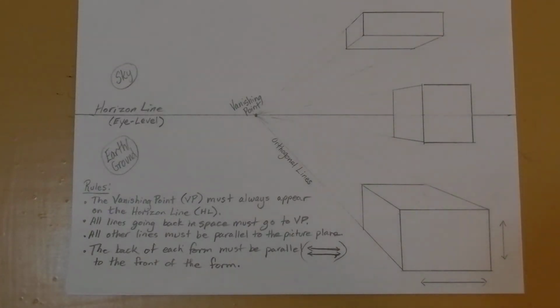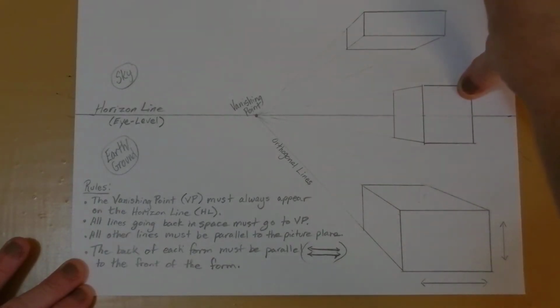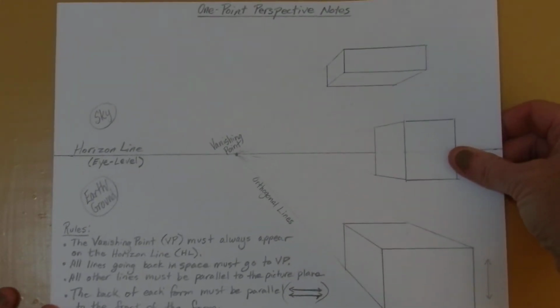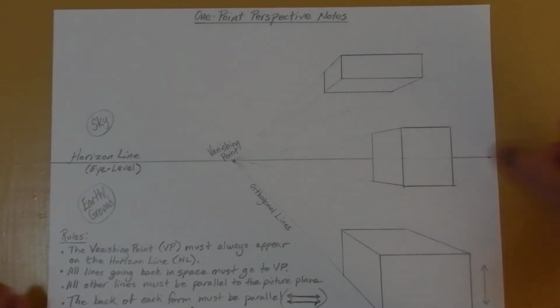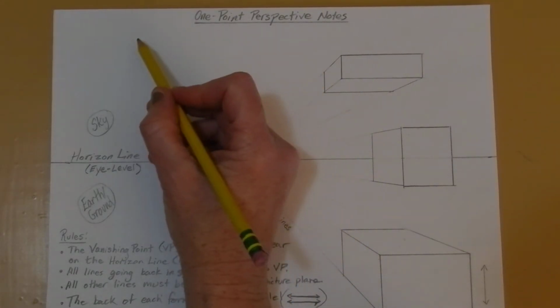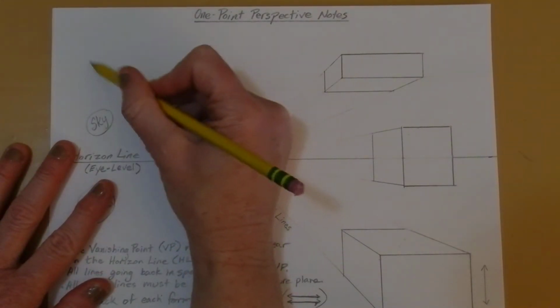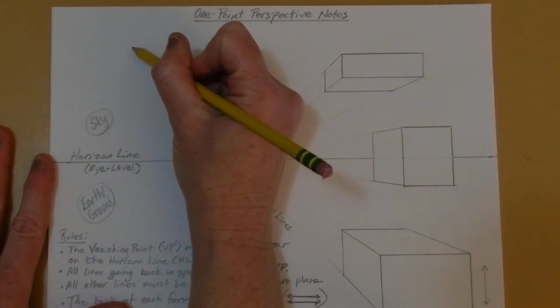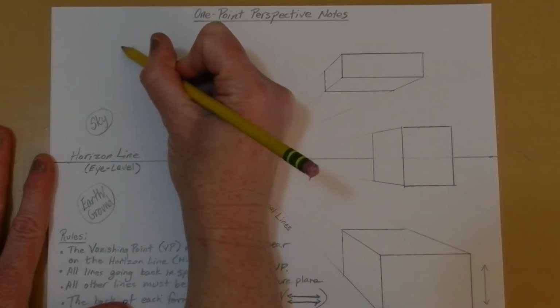Okay, for the last little section on our 1-point perspective notes, I wanted to give you all an opportunity to draw shapes that are a little more complex than just our boxes. Now the boxes are a great way to illustrate how the rules are used in 1-point perspective, but I also want to give you the opportunity to draw a little more complex shapes. So I'm going to start by drawing an organic shape up here in this top left area of the picture. I'm going to start by drawing the front